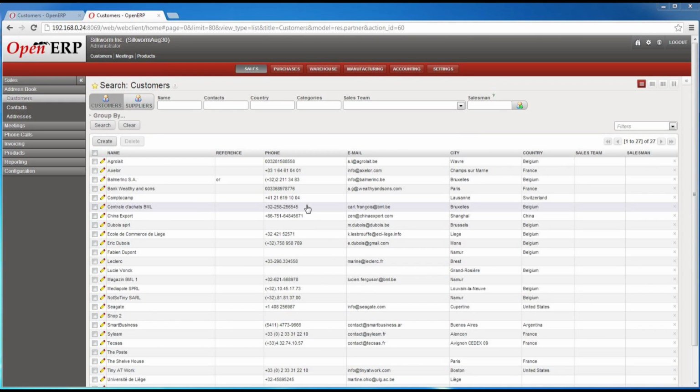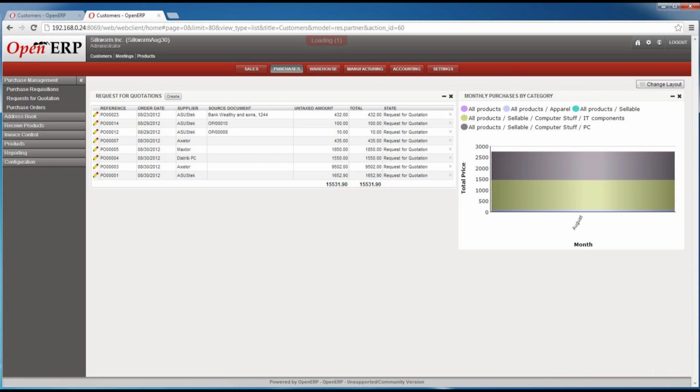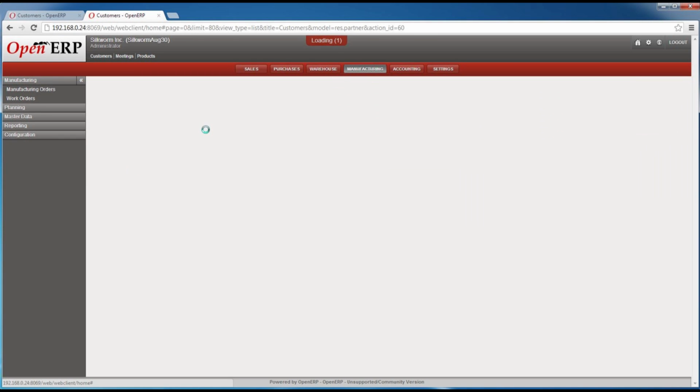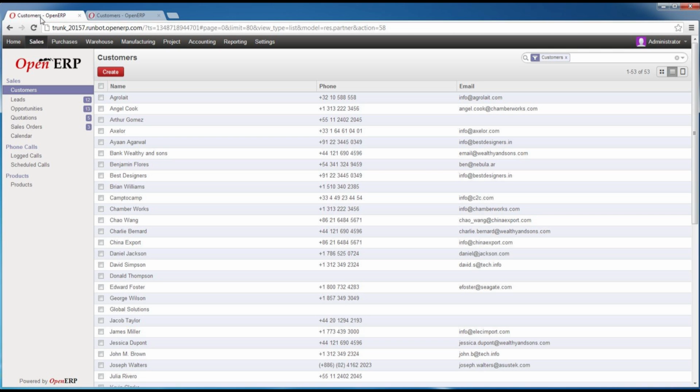Another aspect here of OpenERP is that in the 6.0 version, the reports were kind of scattered out. In other words, if you're in the sales module here in 6.0 and you click reporting, you'll have your sales reports, and your purchase report, they're under here. And it all gets kind of divided out as to your reporting. One of the things they've done in 7.0 is they now have a dedicated reporting